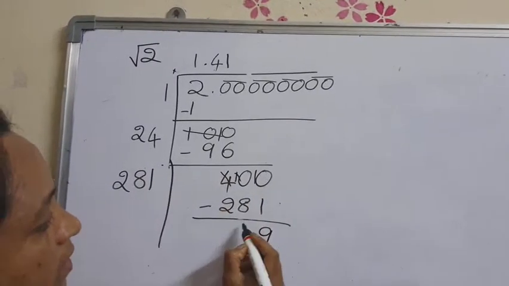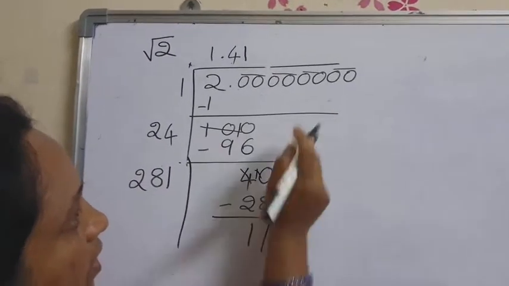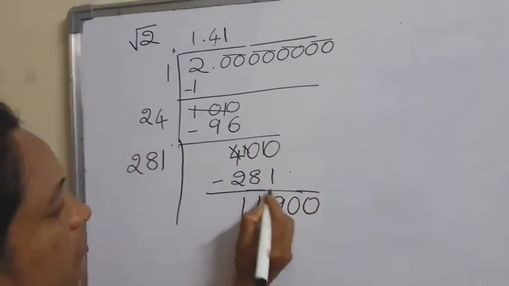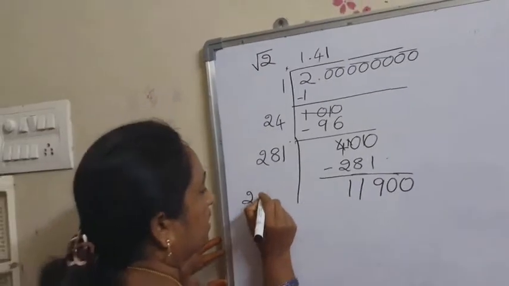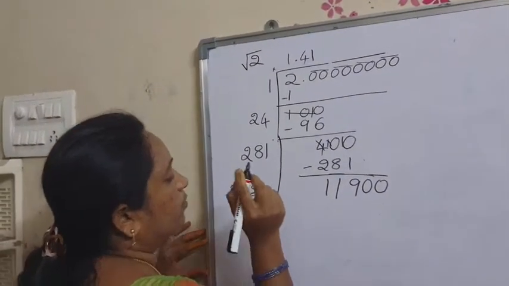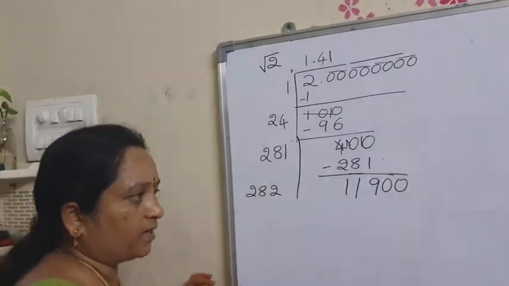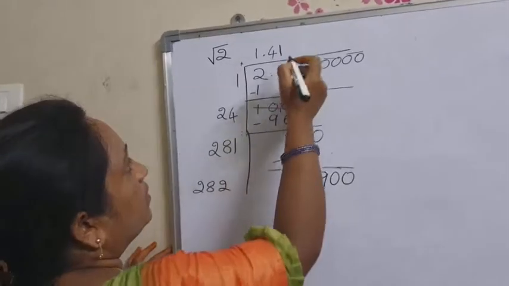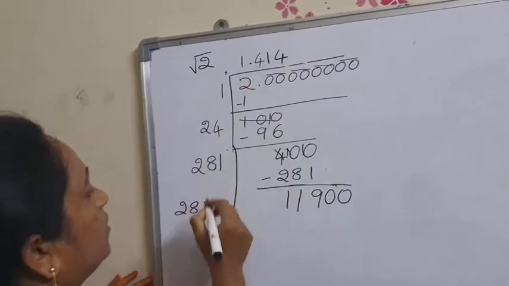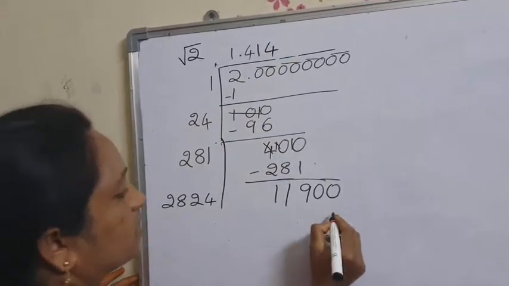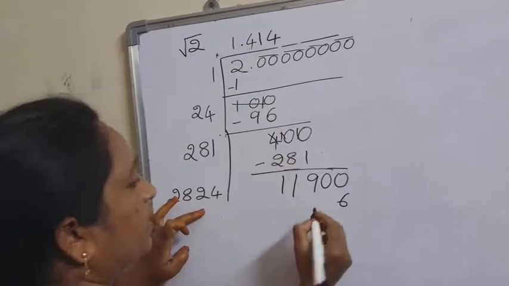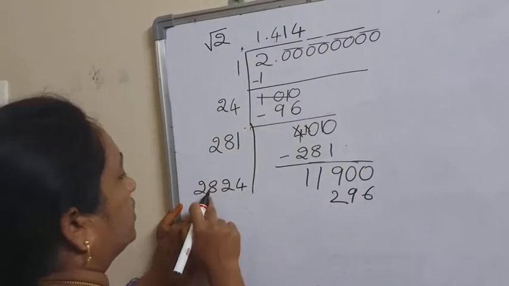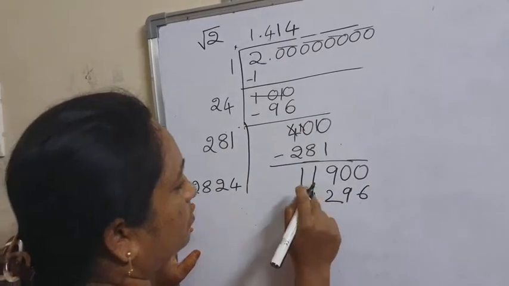9 and 1, 1. Now again bring 2 zeros down. Here 2 and 8 remain as they are, and this becomes double 2. Now you have to write one more number so that it must be equal to this. Again 4 times, children, 4 4s. Now 4 4s are 16, 4 2s are 8 plus 1, 9. Again 4 8s are 32, 4 2s are 8, 9, 10, 11.